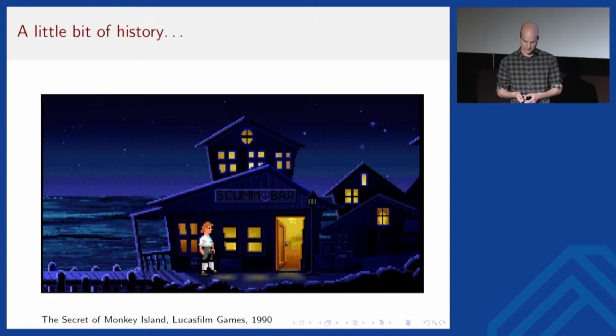Until an article in Dr. Dobb's Journal, which was a magazine for programmers back in the days when magazines still came on paper, in 1996 about Lua. This article by itself did not generate a lot of fuss, but it was read by one man, Bret Mogilefsky, who was at the time the lead programmer for Grim Fandango, which was the first 3D point-and-click adventure made by LucasArts.